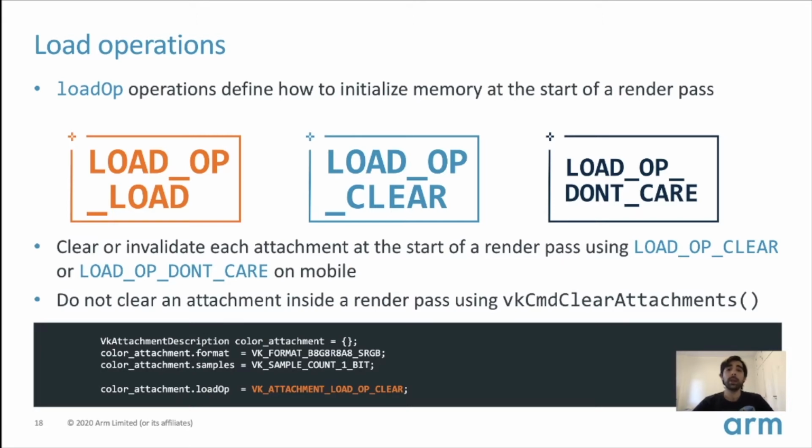If we can avoid it, we recommend always specifying the attachment load operation to clear or don't care. Clear in tile-based renderers means that the tile will have been first cleared to a clear color, and then we can render on that. For a tile, this is a cheap operation, but if you want to save this clear color to main memory, you will be using something known as vkCmdClearAttachments. But this is very expensive and usually not needed, because when you are starting rendering a frame, usually the previous contents of the frame are not needed.